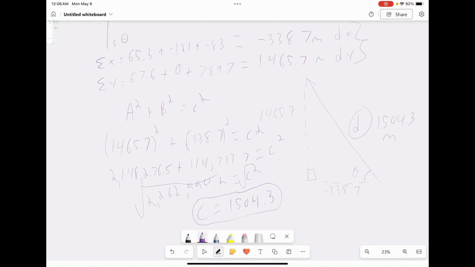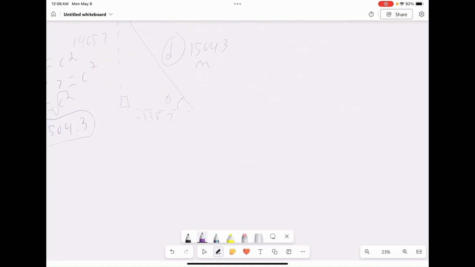Okay, now, lastly, let's go ahead and try to find this angle theta. That's the last thing we got to do. And remember, theta is going to be equal to an inverse trig function of two of our sides. So we could say that that's equal to arc cosine of adjacent over hypotenuse, which is 338.7 over 1504.3. We could also say it's equal to arc sine of opposite over hypotenuse. That's 1465.7 over 1504.3. Or we could say that it's equal to arc tangent